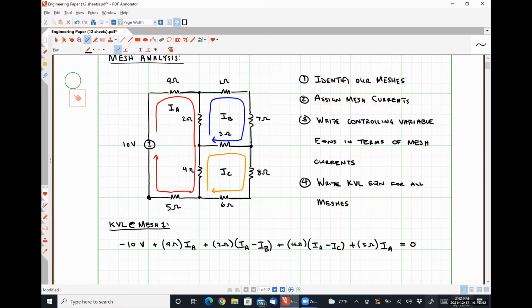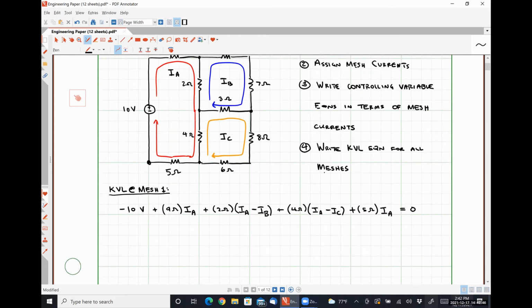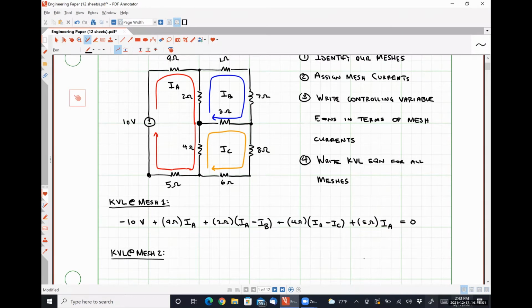All right, so let's look at our mesh 2 equation. Now that I believe the rules have been established, I'm going to ask you guys to help me. If I start here at the node where the 2 ohm resistor, 3 ohm resistor, and 4 ohm resistor are connected, and follow mesh current 2, or mesh current